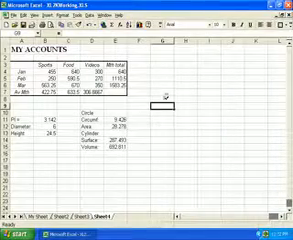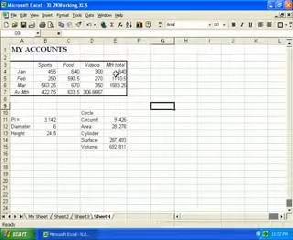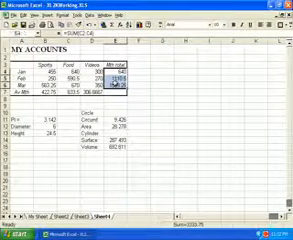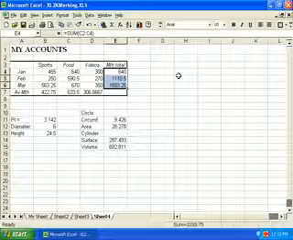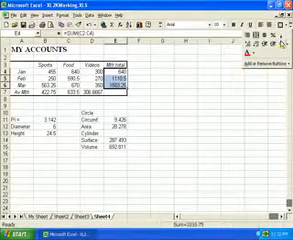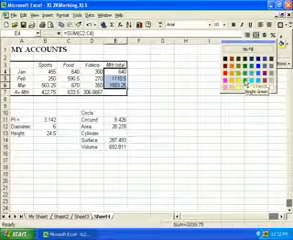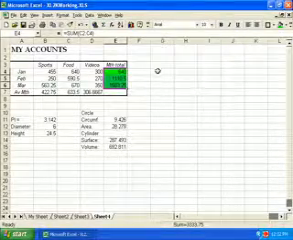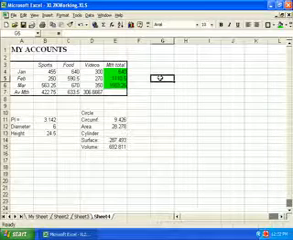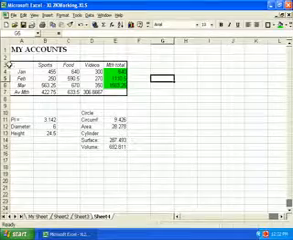Now select E4 to E6 and click the fill color drop arrow. Again, that's hidden, so let's go and find it. There it is. And we want to select bright green. Now click outside to see the effect, and now select A3 to E7